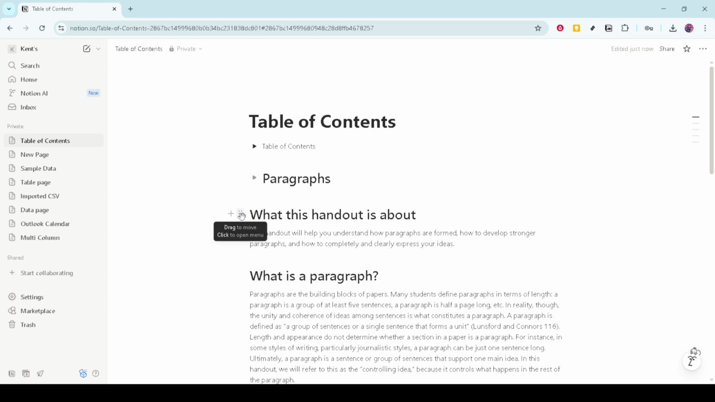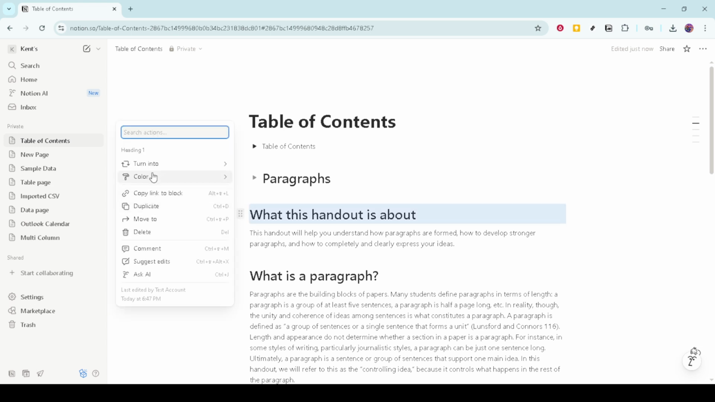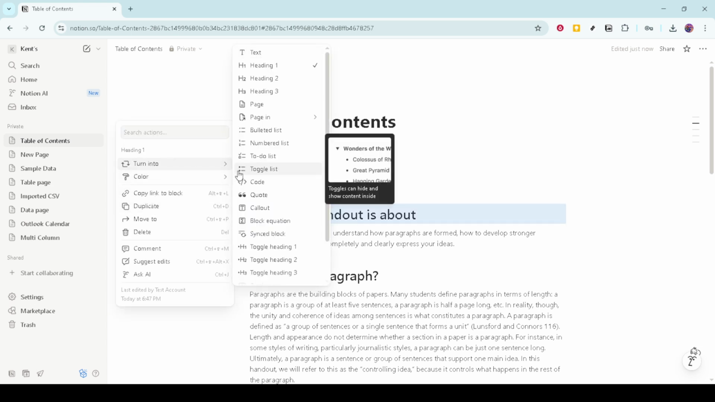And there you have it. By incorporating tables of contents and toggles into your Notion workflow, you're on your way to creating more structured and easily navigable documents. These tools will undoubtedly enhance your